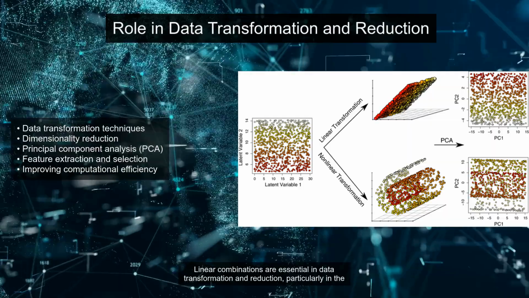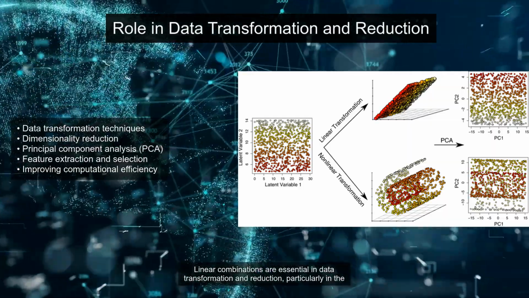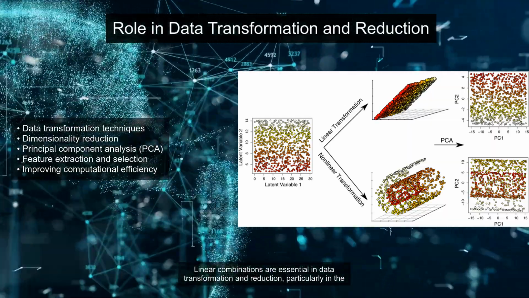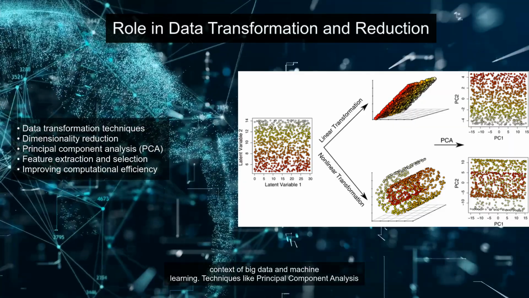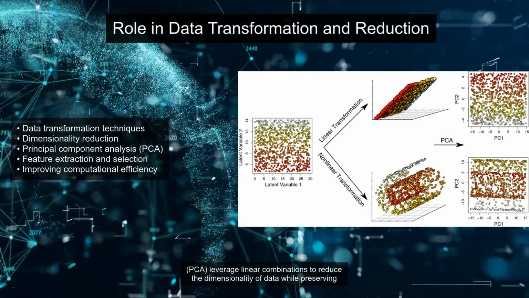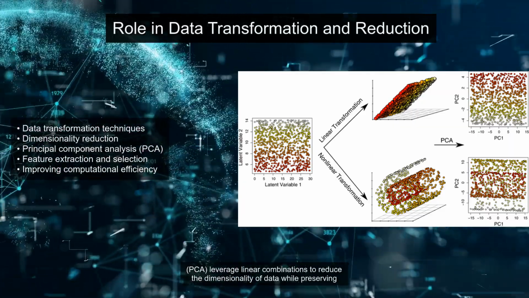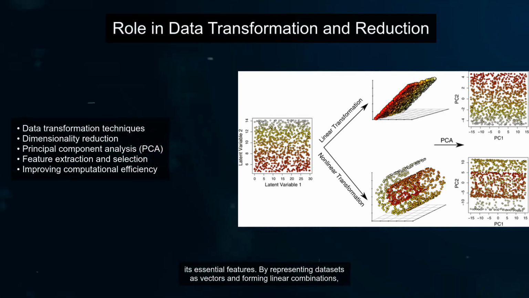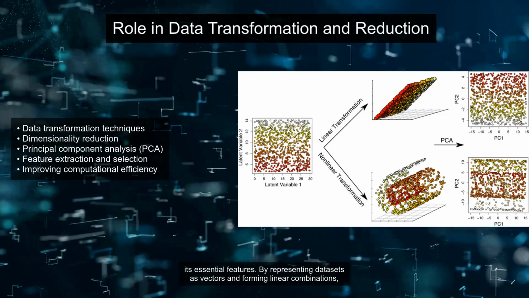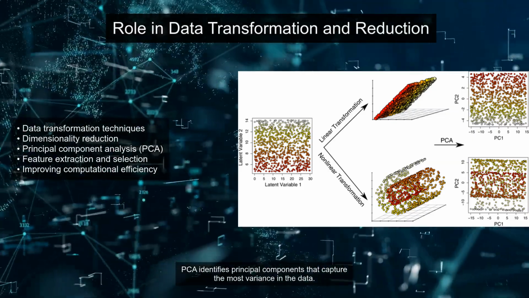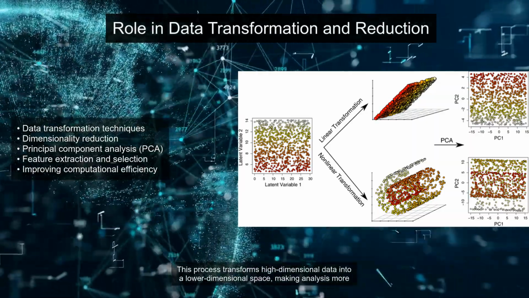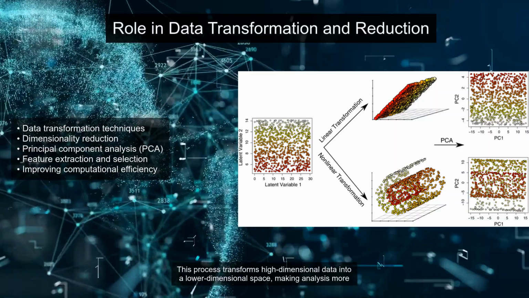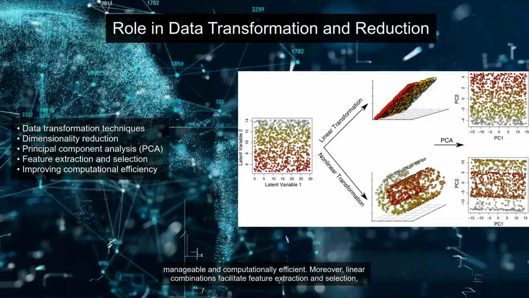Linear combinations are essential in data transformation and reduction, particularly in the context of big data and machine learning. Techniques like principal component analysis, PCA, leverage linear combinations to reduce the dimensionality of data while preserving its essential features. By representing datasets as vectors and forming linear combinations, PCA identifies principal components that capture the most variance in the data. This process transforms high-dimensional data into a lower-dimensional space, making analysis more manageable and